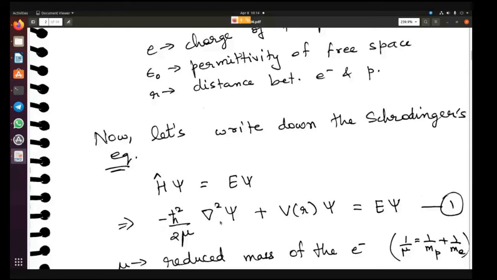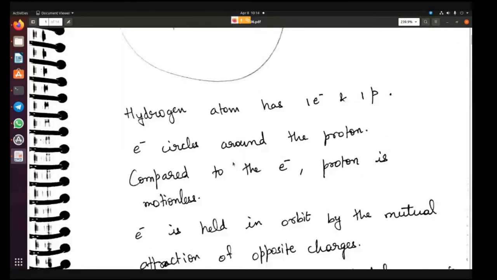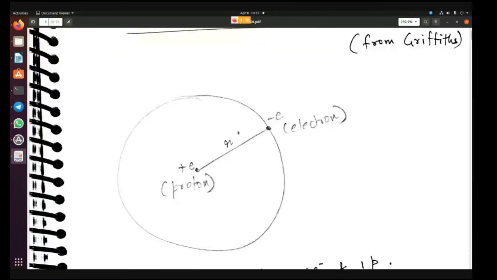This is anyway the kinetic energy term from the Schrodinger equation, and this is essentially the Schrodinger equation. So we are not doing anything. The only thing that we are doing is changing from Cartesian coordinates to spherical coordinates, and we are doing that because the electron has a radial distance. What is r here? r is the square root of x square plus y square plus z square, isn't it? That is your radial distance.